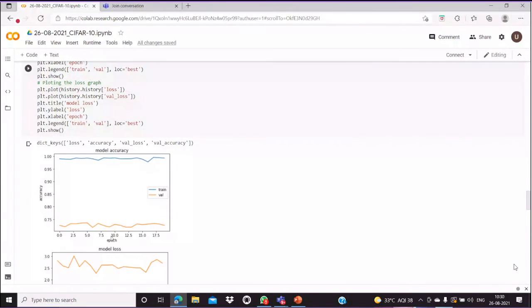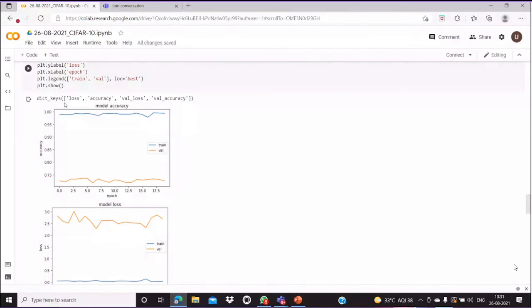So I'm going to plot my accuracy and loss. For this CNN, my customized model, the blue line represents training, and the other one represents validation. We can see that training and validation model accuracy become constant after some epochs, but the validation accuracy is lesser than the training, which means testing accuracy is also lesser. So this is called overfitting. My CNN model is suitable for the training data, but the validation accuracy is not increasing. So what do I have to do about this overfitting problem?